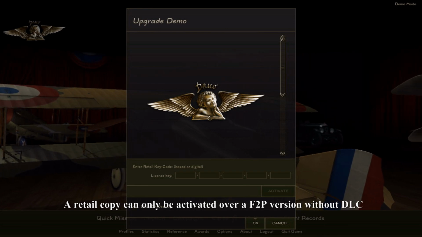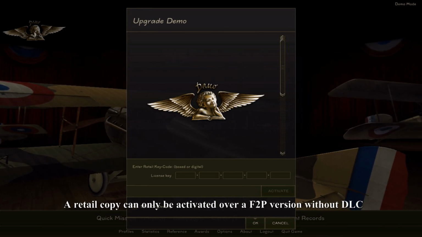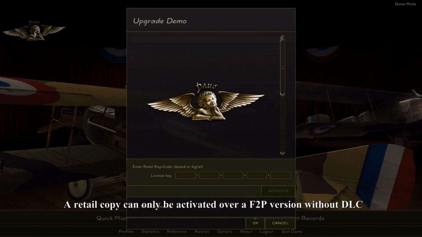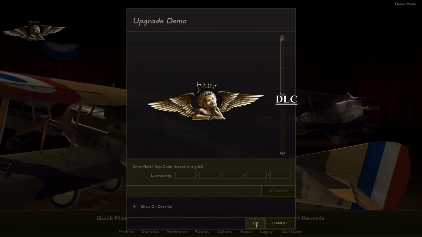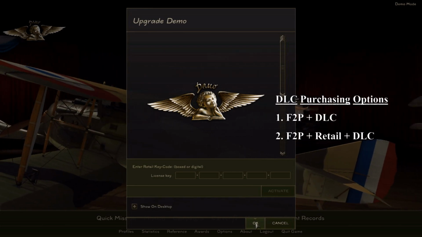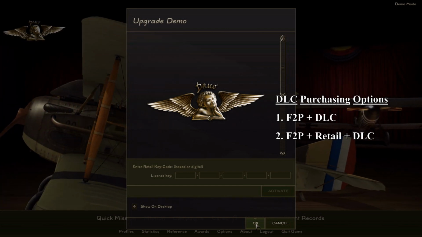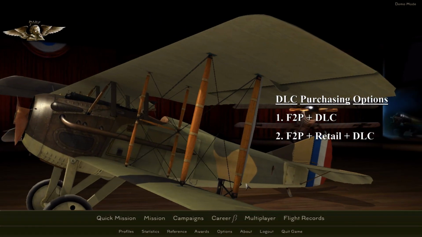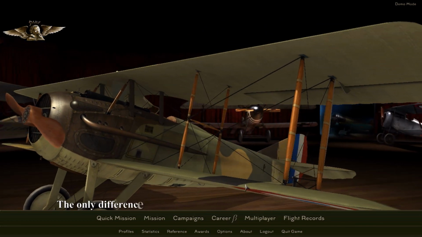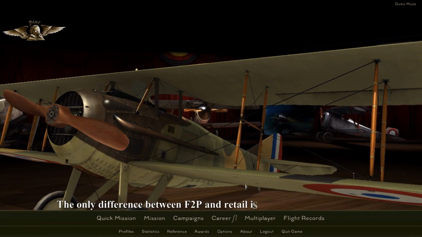However, activating a retail copy over the top of the free-to-play version can only be done if you have not yet purchased any other DLC. This means you have the option of either adding DLC individually to your free-to-play version, or you can activate a retail copy before adding DLC. The choice is yours. These options are made possible because there is no difference in functionality between the free-to-play version